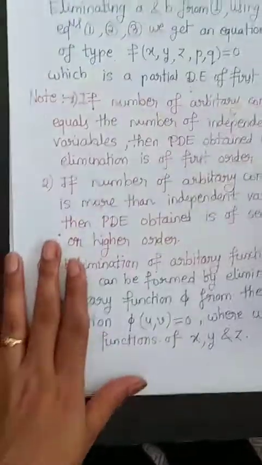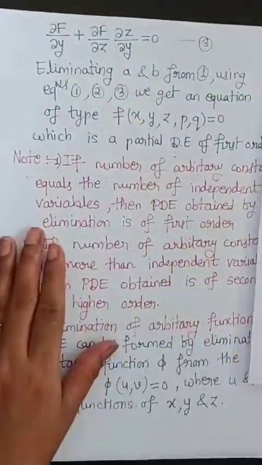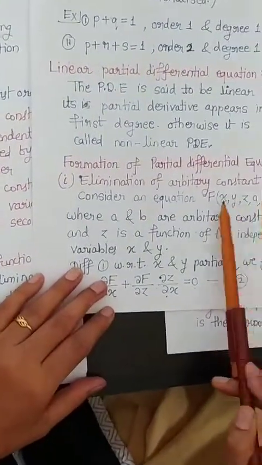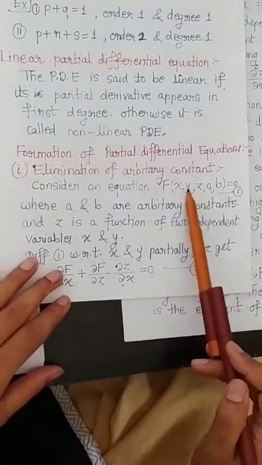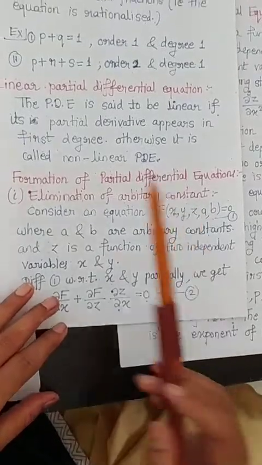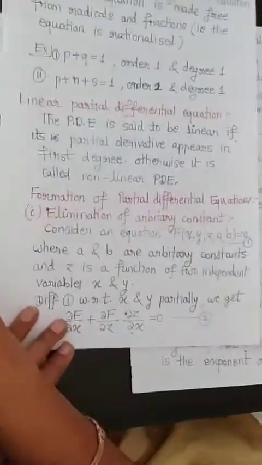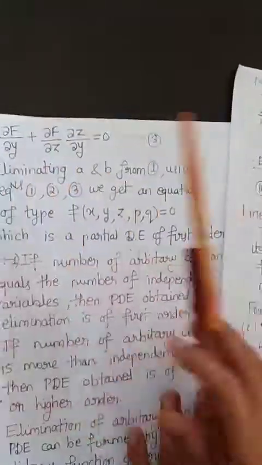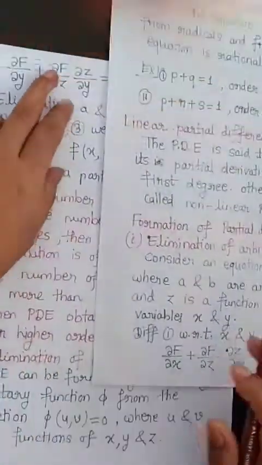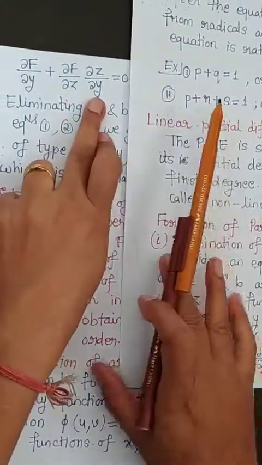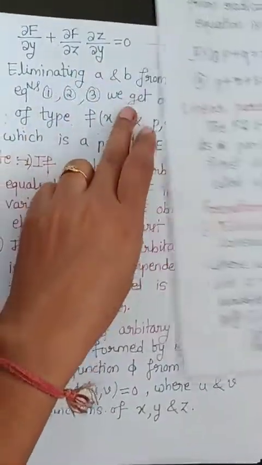In the same way, we can have the derivative with respect to y. Obviously, the derivative of f with respect to x will be 0 because while differentiating with respect to y, x will be constant. So, what we have? 0. Now, next with respect to y, it will be del f by del y. Then plus again with respect to z, first the derivative of f with respect to z, and then z is a function of y. So, del z by del y equal to 0.